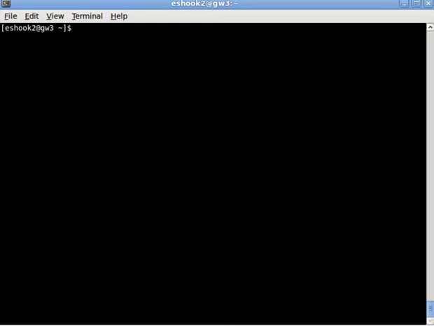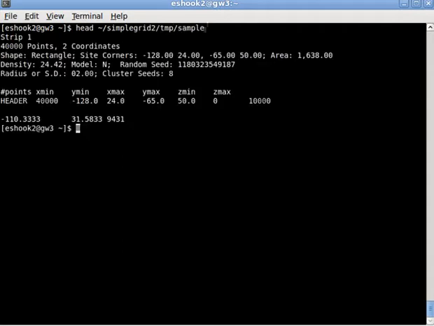This video will walk through the commands to transfer a dataset from the Quarry server to a TeraGrid resource using globus-url-copy. We'll start by looking at our sample dataset located in the simplegrid2 temp directory. You can see that there's a header and then a list of points in this dataset, and then we'll use